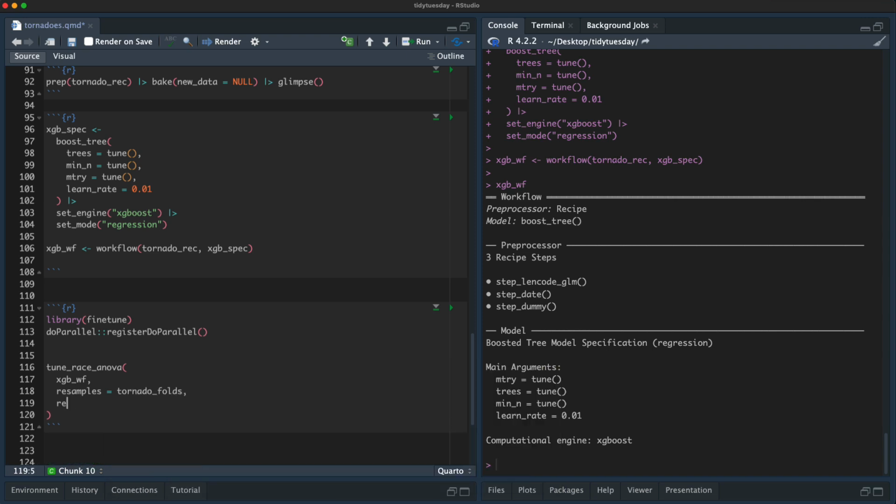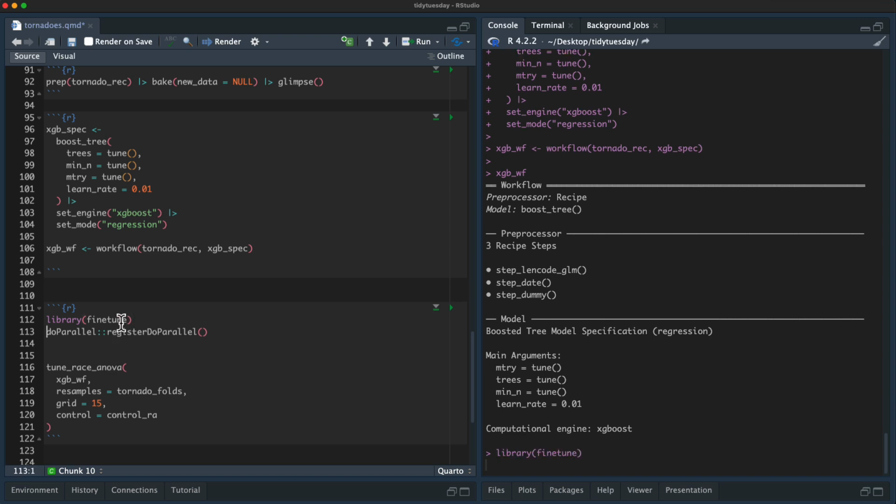I am going to maybe bump up the grid a little bit. I think the default is 10, but there are so many different possible hyperparameters here that I'm going to bump that up a smidge. And then I'm going to say use the racing control. Oh, I never loaded that.